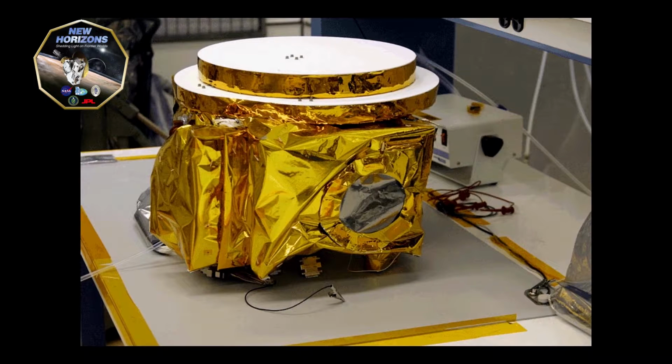RALPH is a telescope and color camera. The RALPH telescope is 6 centimeters in aperture and is one of the 2 photographic instruments that make up New Horizons. RALPH has 2 separate channels, a visible light imager with broadband and color channels, and a near-infrared imaging spectrometer,